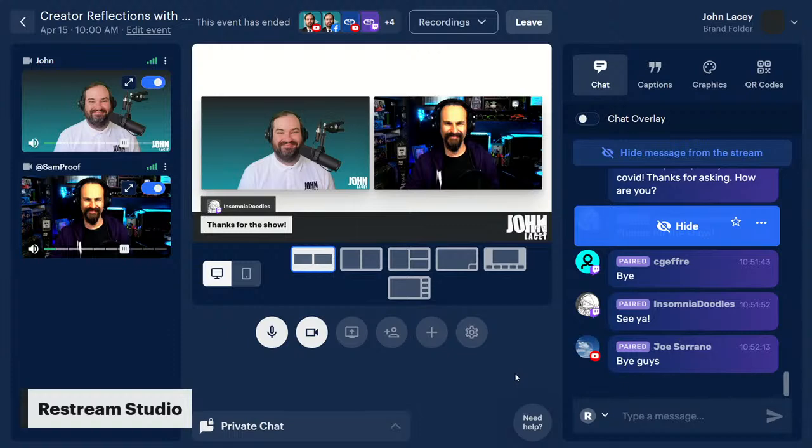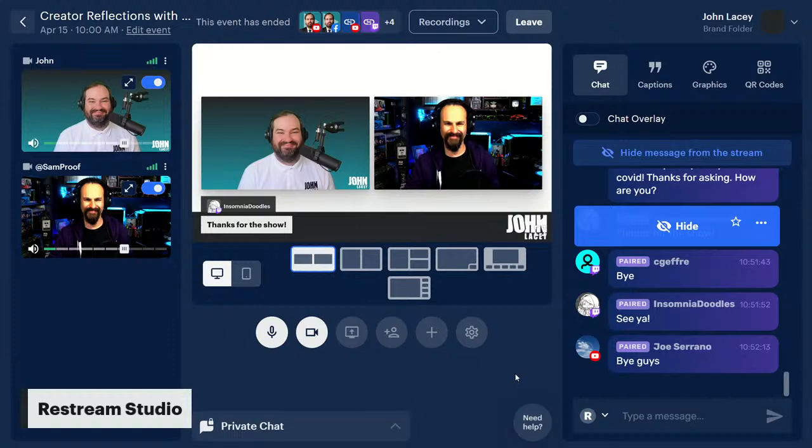In the main section here in the middle, we've got the things that are going out live to your audience. And again, there are a number of different presets. So if you want to feature one person as the main thing and maybe the other person to the side, or maybe you're sharing your screen and you want that to be on the left-hand side, you can do that as well. There are actually options for horizontal and vertical streaming. You can't do those at the same time, but if you are just going out to Instagram or TikTok, you could certainly commit to the portrait version, the vertical version.